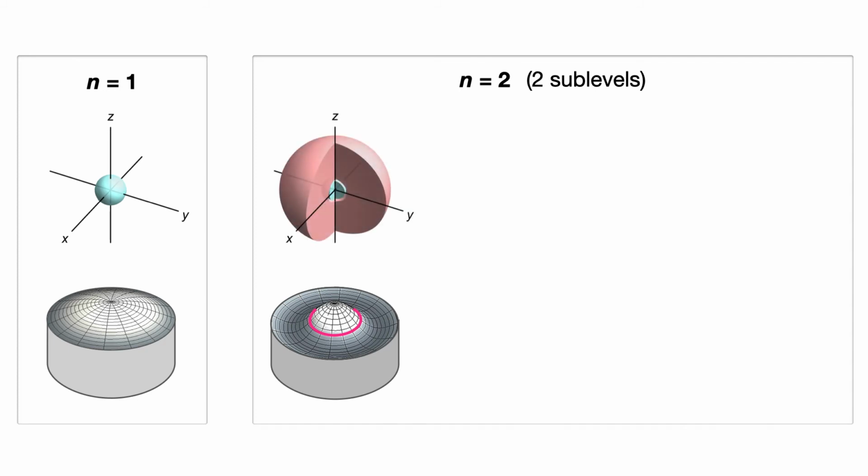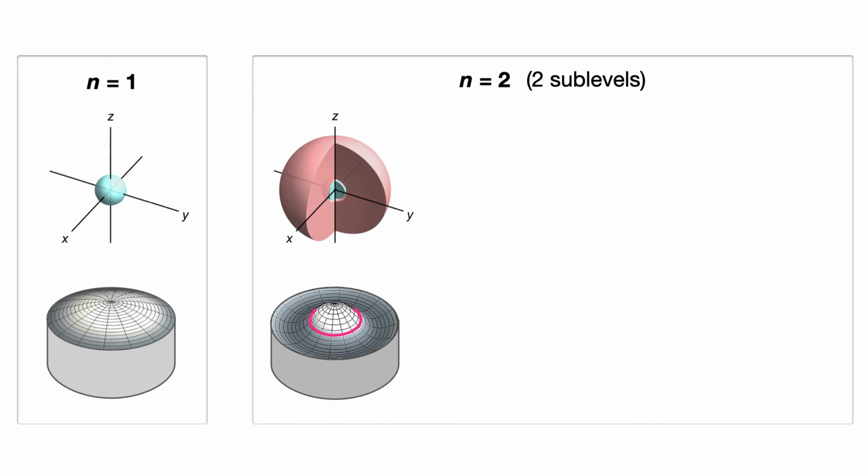You've got a region of intensity close to the center, and then there's a spherical region where there's no intensity. That's called a node, and then beyond that there's another region of wave intensity, and so this is sort of a spherical equivalent of that wave pattern on the drum head. So this is one wave pattern that is in the second energy level for a hydrogen atom.